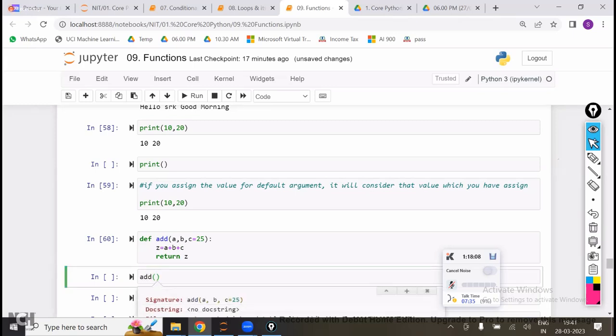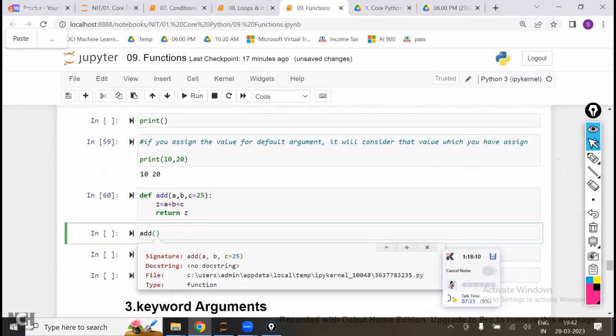Now if I open my add function, it is saying a comma b, c is equal to 25. C is already a default argument. If you don't assign the value, automatically it will take 25. Remaining a and b are compulsory. You have to give them, otherwise